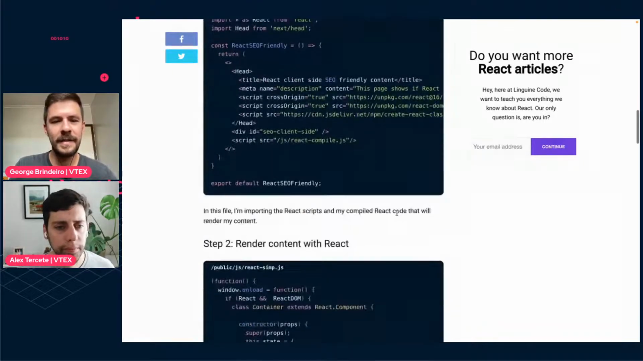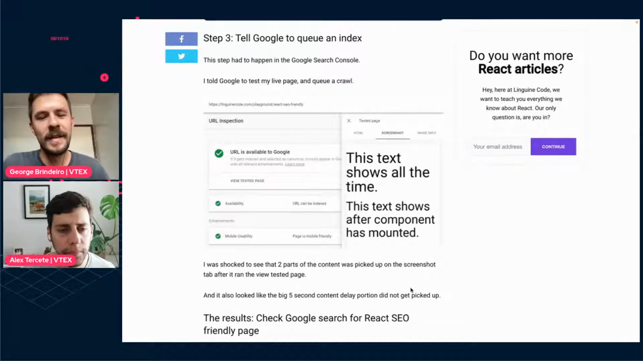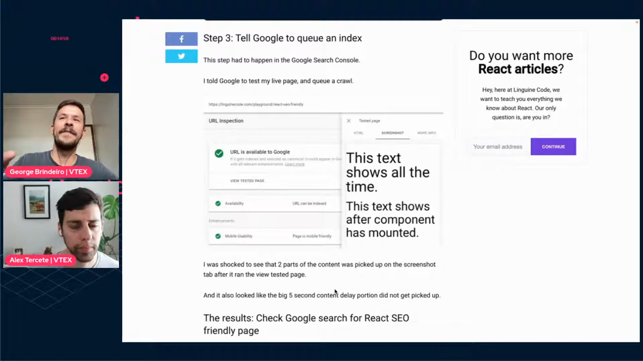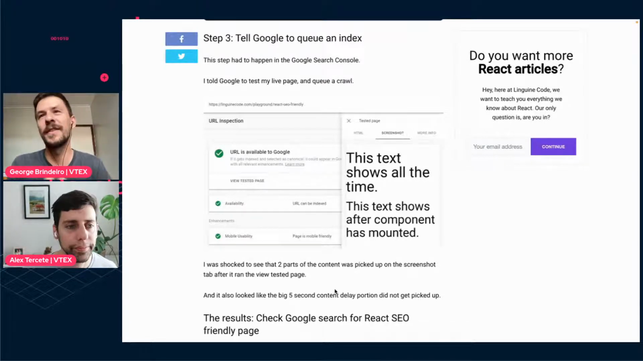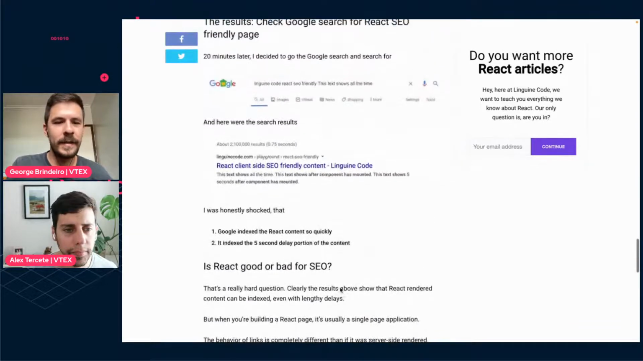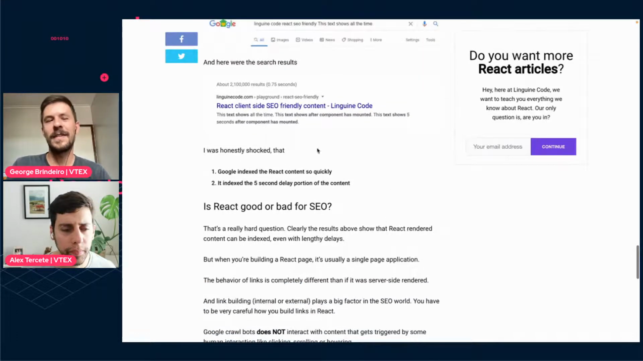He did a small test, which was interesting. So this is a text that's always there, and this is one that's after the component is mounted, and both of them were indexed. But there's a big thing that's supposed to render just like 5 seconds after, and then disappears, and that's not showing. So what he figured out was, although it's not showing there, it indexed the 5-second delay portion, and it took 20 minutes to index the whole website. So yeah, it's hard to say, but